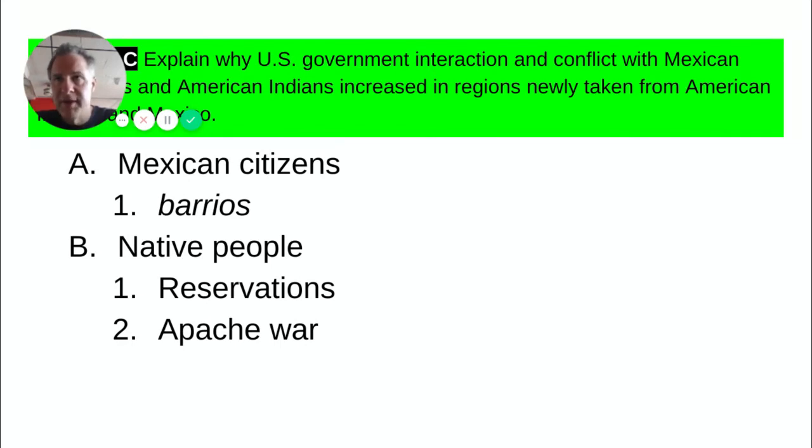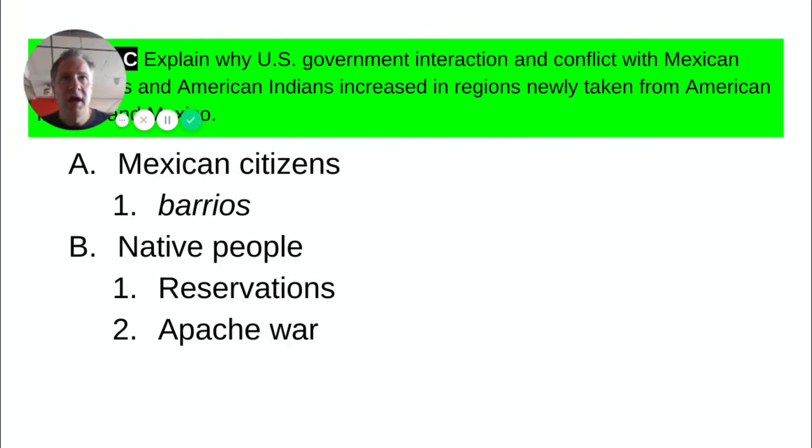Initially, the people of the Southwest, the Apache Nation, which was one of the largest in the Southwest, made agreements with the U.S. to allow safe passage of white travelers across their territory as long as they didn't stop. However, when white people began to flood into the territory, they did just what they weren't supposed to do, which is stop and begin to establish settlements and towns on land that belonged to the Apache people.